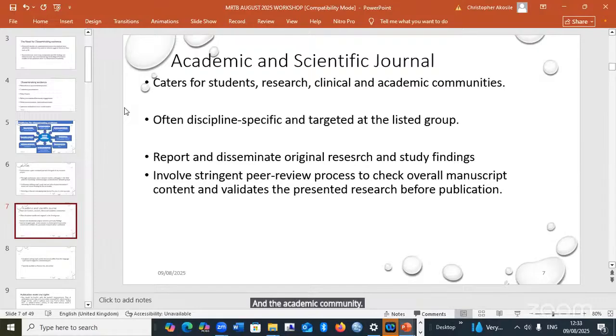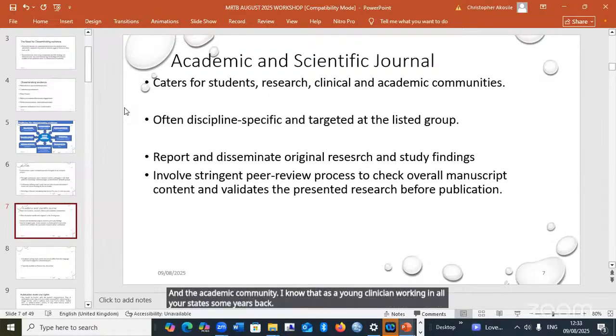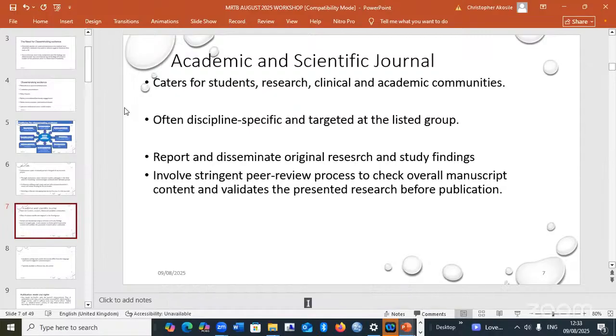I know that as a young clinician working in Oyo State some years back, I was fortunate to work in a center where we got a steady supply of the Physical Therapy journal and Physiotherapy, the British journal.